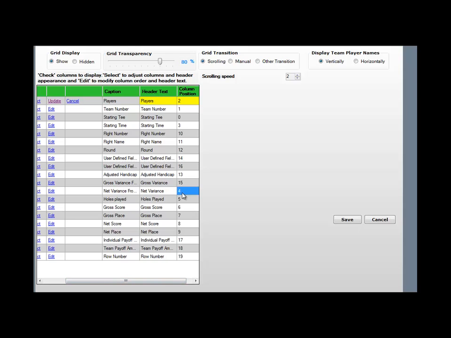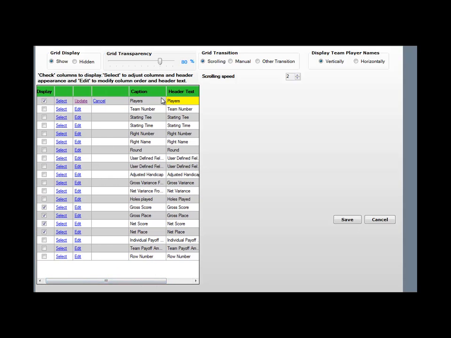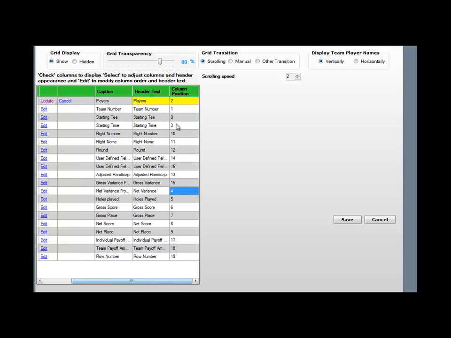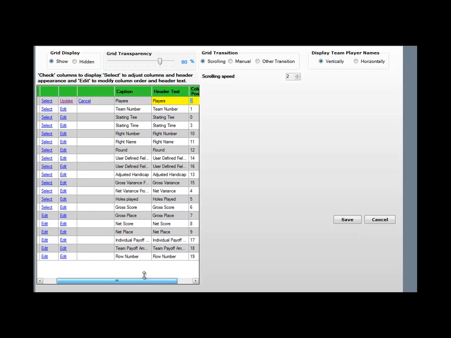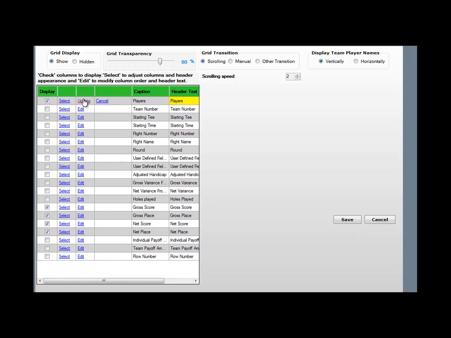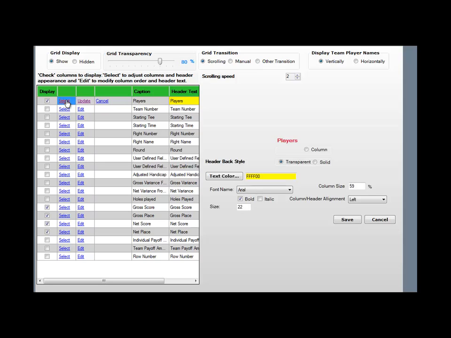But just simply clicking on any one of those numbers would allow you to change that field after you've hit the Edit button, and you can click on it and change the number to anything that you want. Once you have made changes, you need to select the Update to update those changes. The other control that you have for managing how the columns appear in the grid is the Select button, and when you hit the Select button, you will get